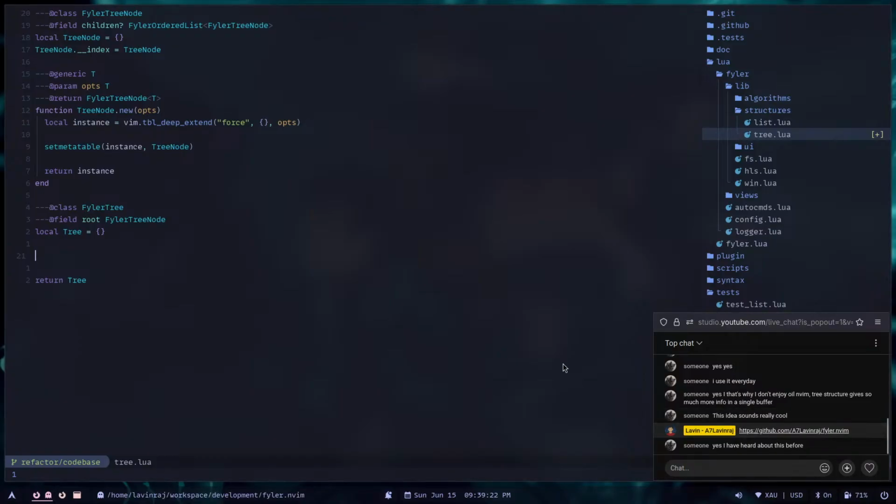Okay, if you heard about this before, then it's okay. Let's just move on to the tree structure. Currently, I'm refactoring my whole code base so that if anyone wants to contribute to this plugin, the code base should be neat and clean. I don't want to